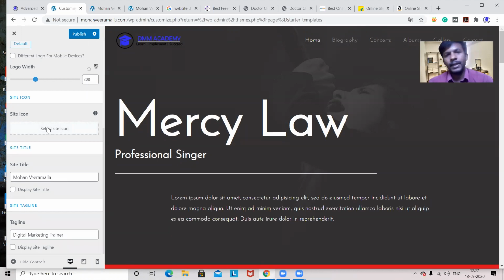Now this site icon will have a size. For the logo we have 180 by 60 pixels. Whenever we talk about images, we talk in pixels only. Pixels are nothing but the clarity of the image, each dot is a pixel. So 180 by 60 will be the logo, and if you go for the site icon, it will be 512 by 512. That means it will be a square, and it will be placed at the top of the browser, the small icon which you are seeing here.